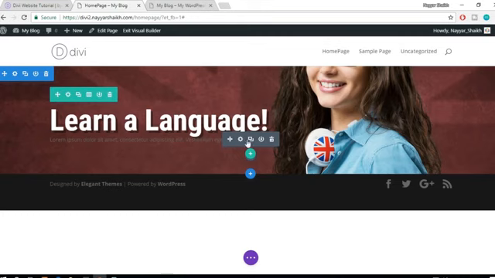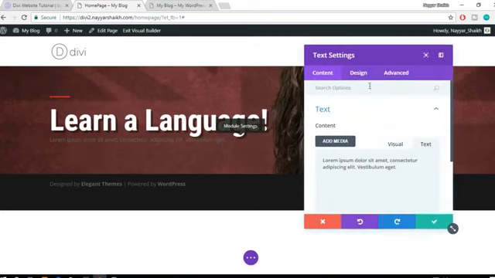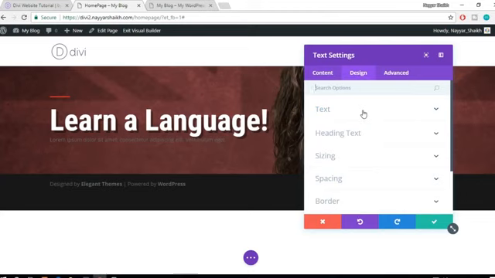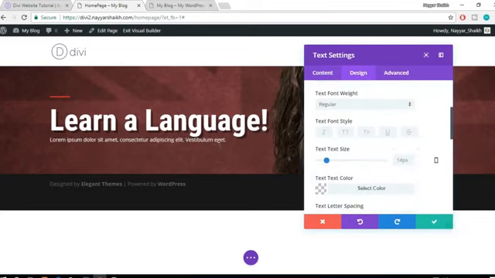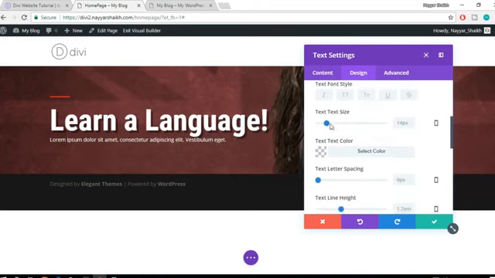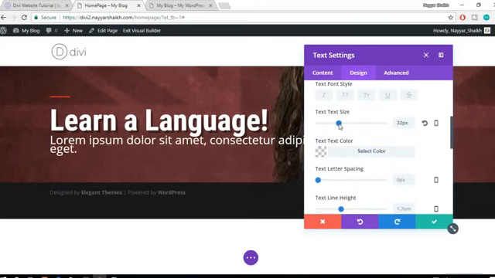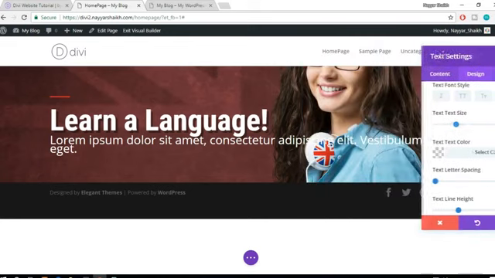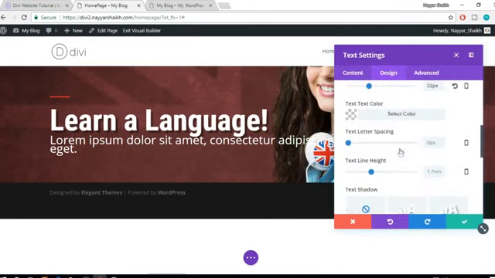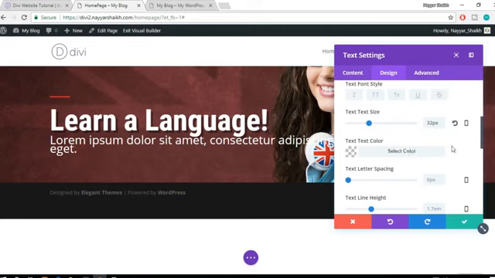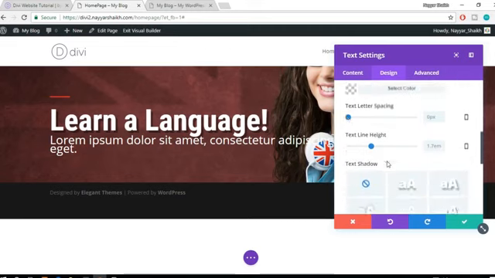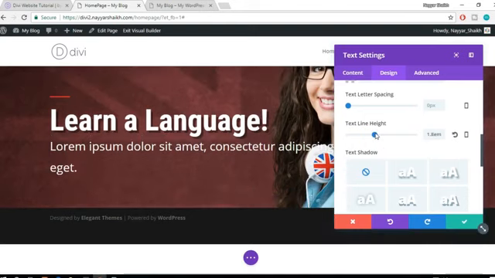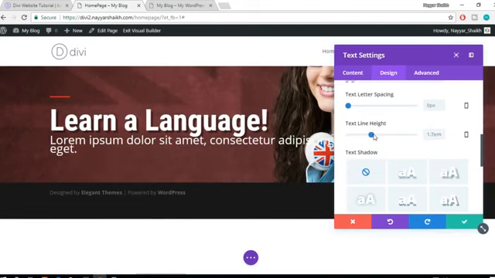Fine, now let's make changes on this text. So select this gear icon, go to design again and go to text, color light again. Fine, now you can see the color over here. Font size, let's increase the font size. Okay, and let's see what we have. We have letter spacing and line height. Let's increase the line height and let's make it maybe